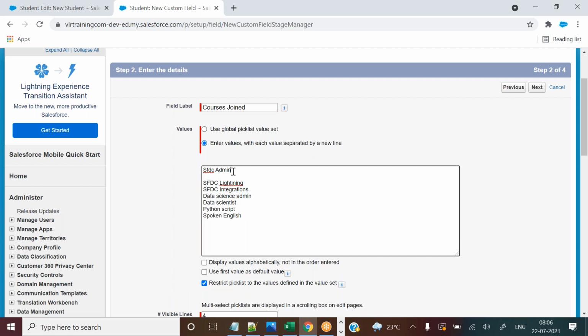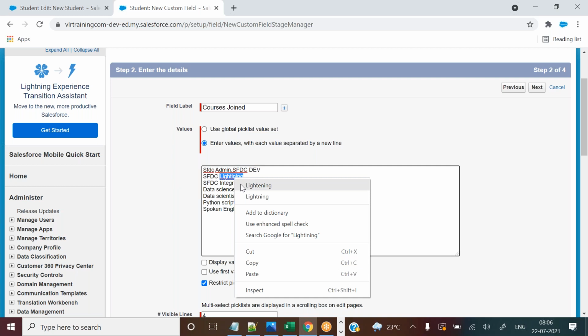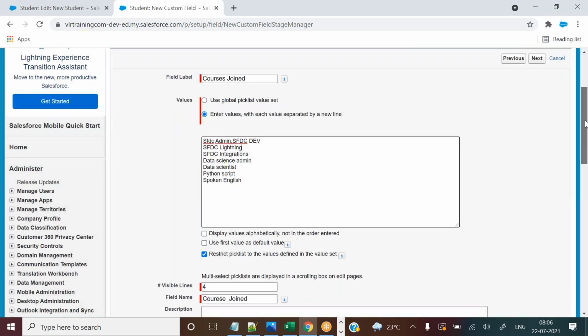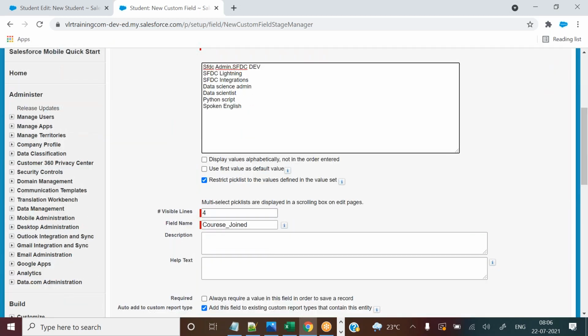SFDC admin comma SFDC development. In the previous example I was not able to show you, right? Now I can show you in a single line. If I select this, let's see what will happen here. These visible lines, 4 you have given, right? Let's keep it.